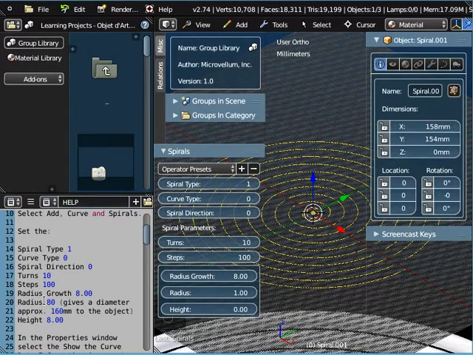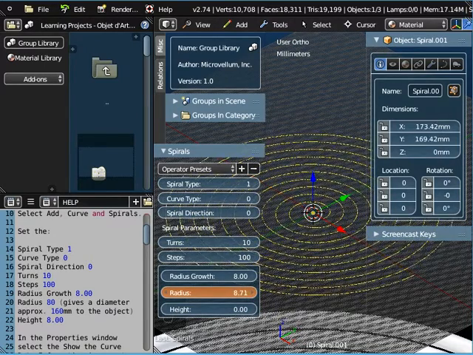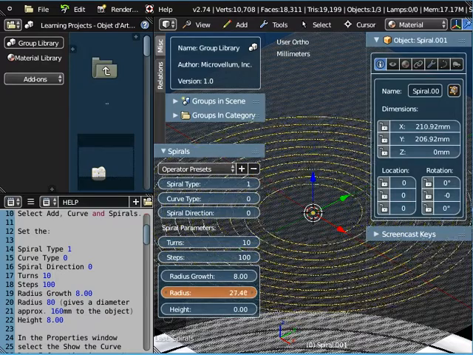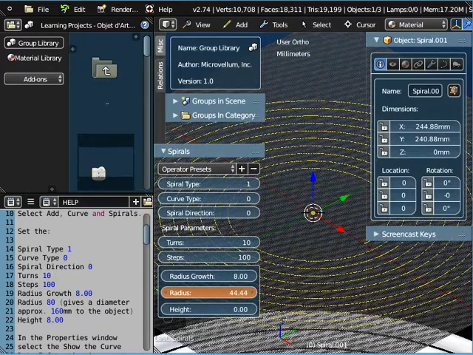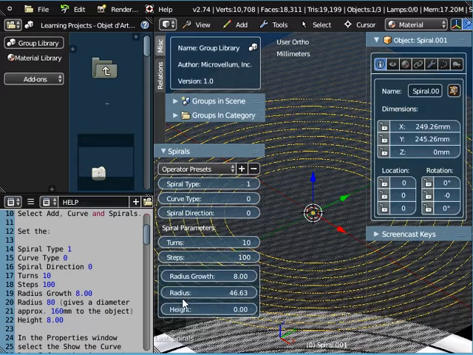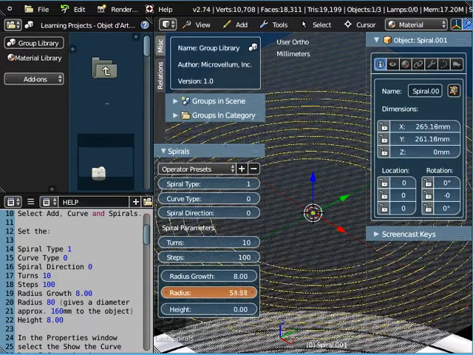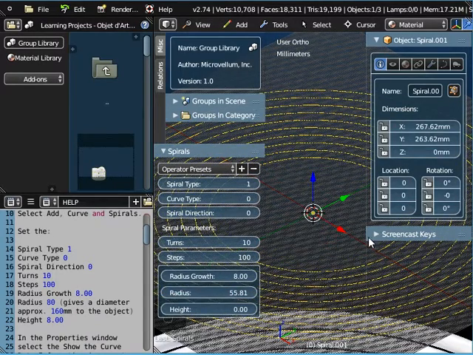We now want to change the radius. At the moment it's 1, and the radius is going to do is the radius for the first turn. So the radius here is just 1 millimeter. We're going to increase that, and I'm going to drag this with the mouse. I'm going to hold down the left mouse button and drag it across, and as you can see, if you look in the center there, the hole in the center is getting bigger. So this radius here is creating, it's this radius that we're changing. It's this value here to the first